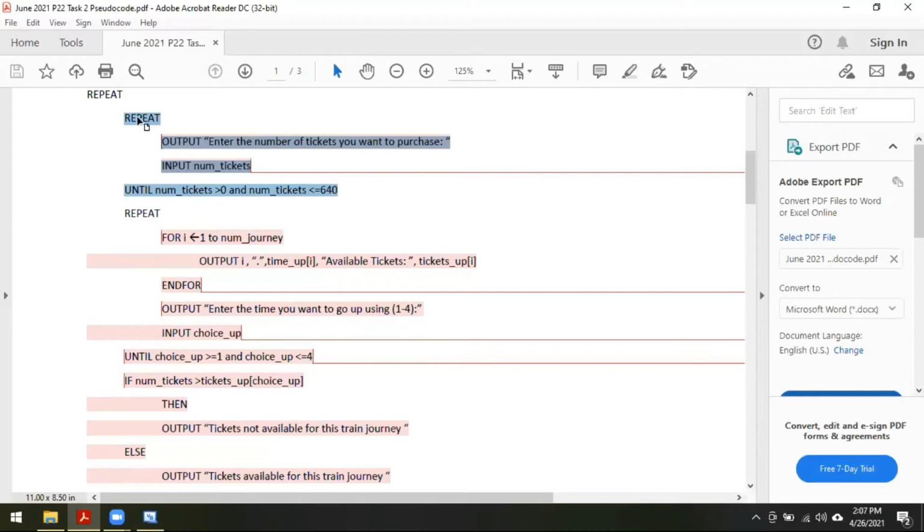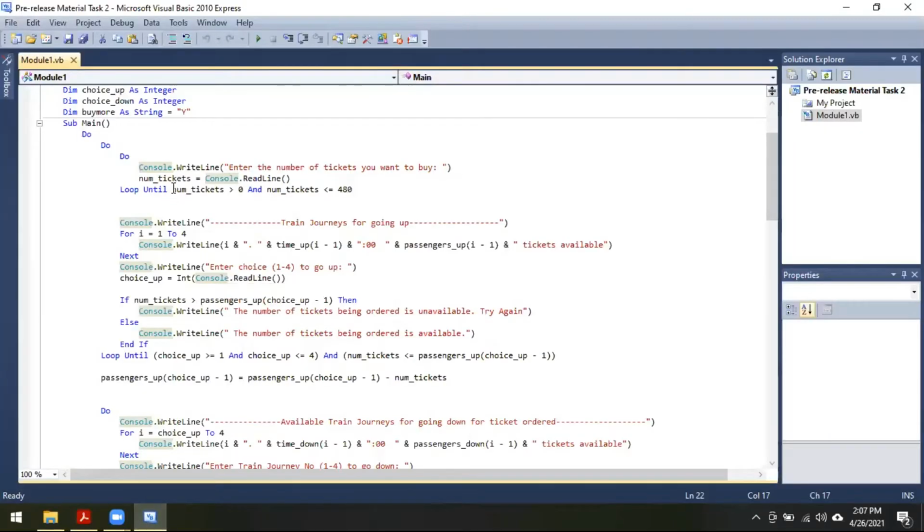Now you're going to say this is enveloped in a repeat until loop. It carries out the validation part. In fact, it is a range check that is being carried out. Now, if you look at the VB version,